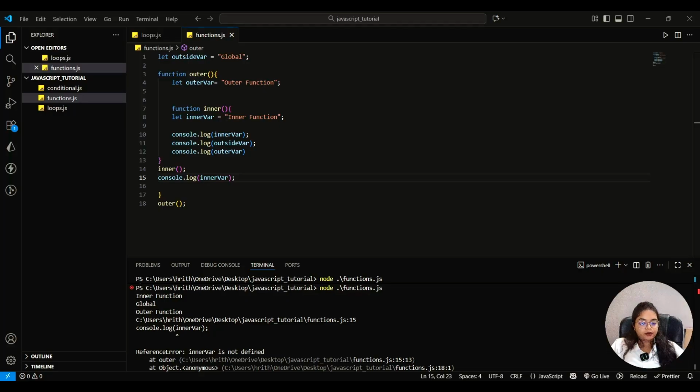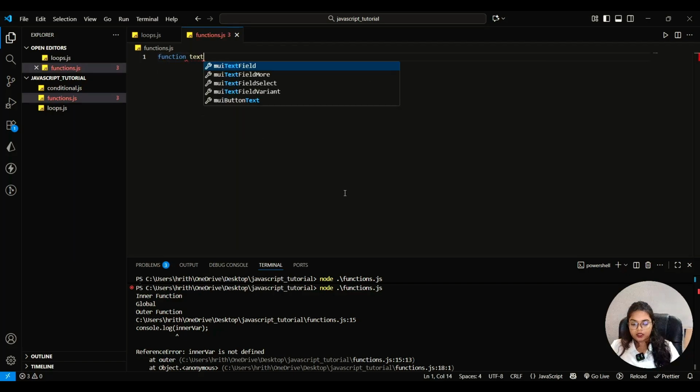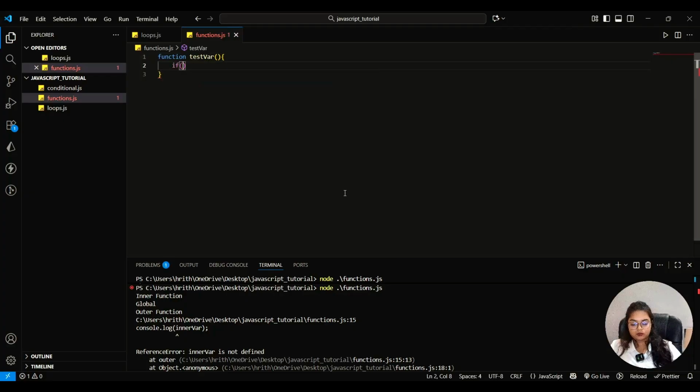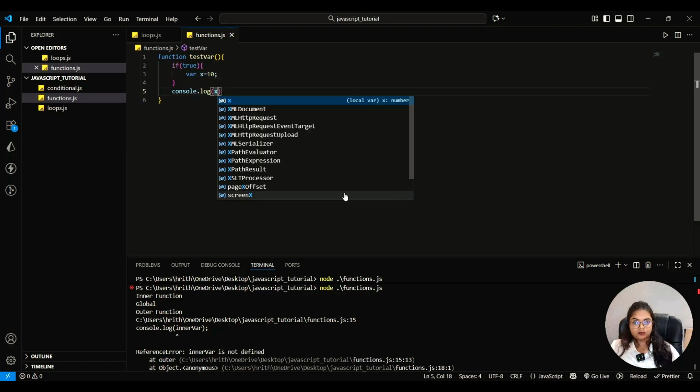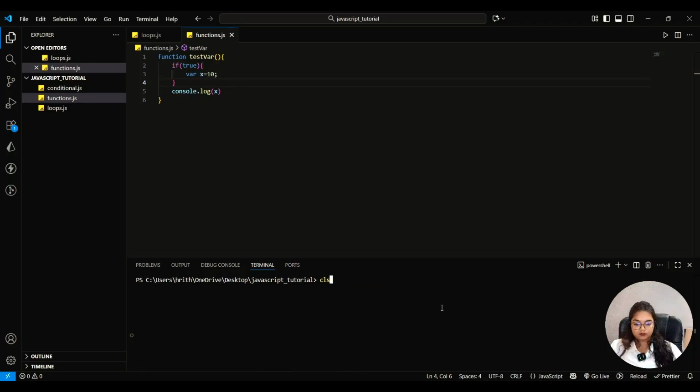If we write function test var, if true, here this is accessible, and var has function scope. Now this prints nothing, but